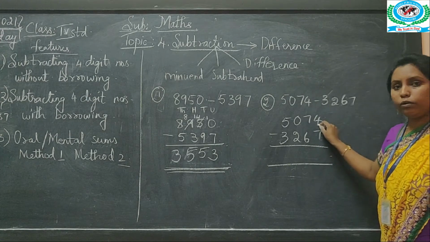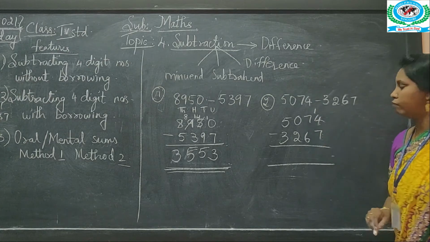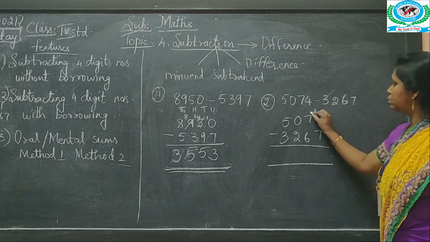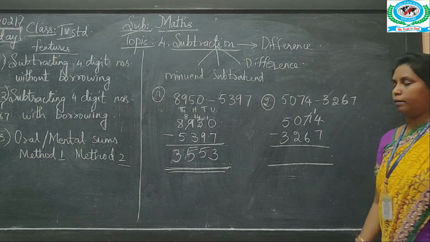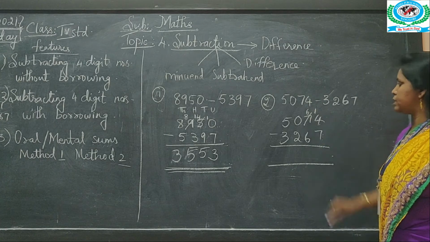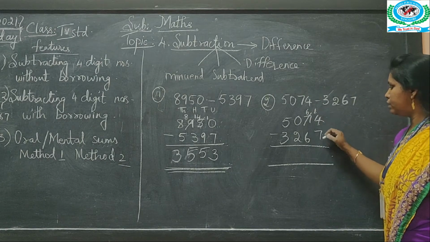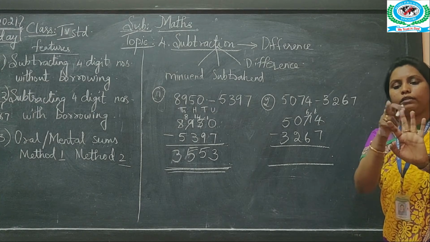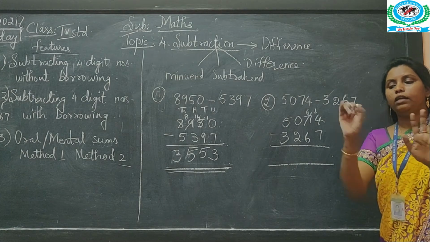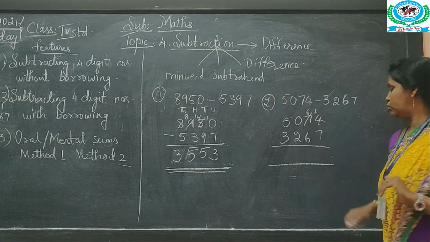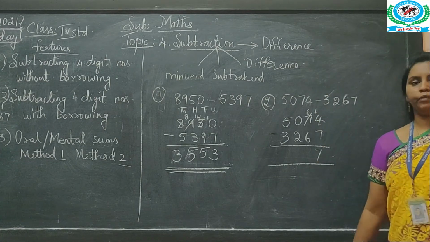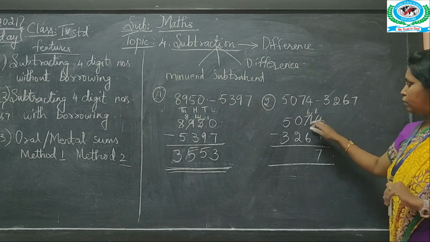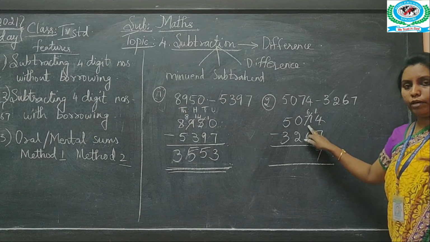So what you need to do is, you have to borrow 1 from this side, and this will reduce one number. This will become a 6. So 14 minus 7 is how much now? After 7, we count 8, 9, 10, 11, 12, 13, 14. So you have 7 here. Okay. So now go to the next number from where you have borrowed.